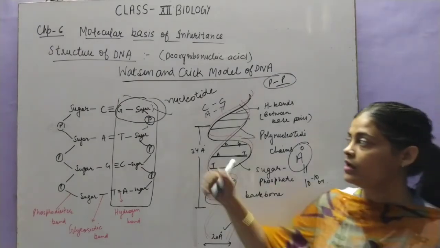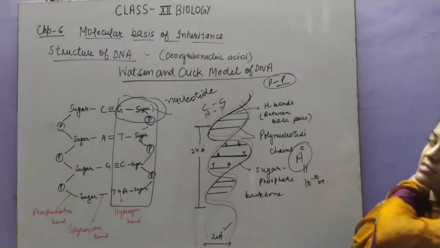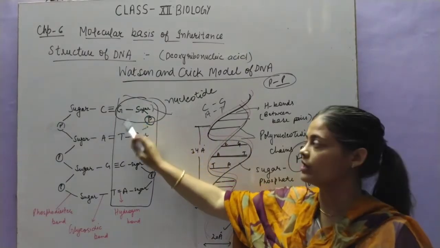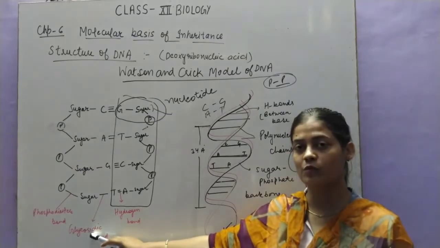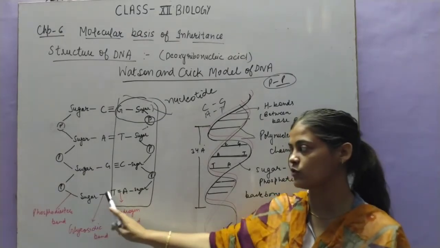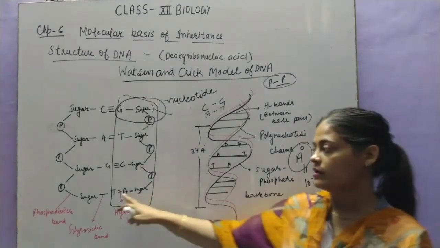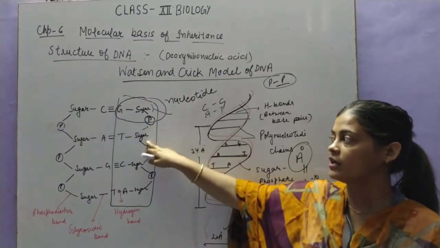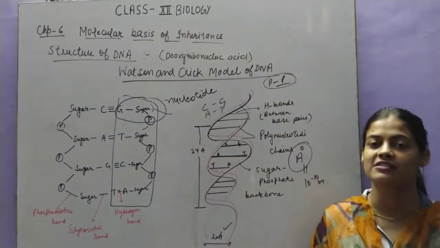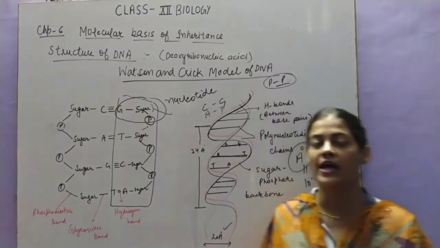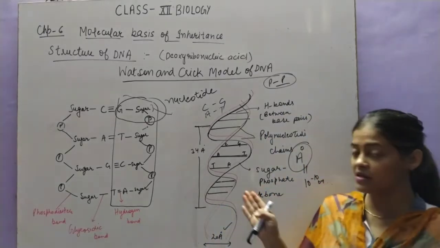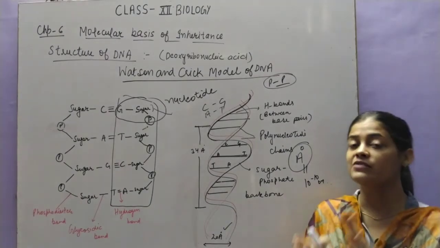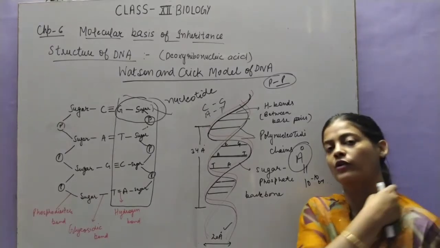Okay. Now this nitrogenous base is attached with the sugar. This nitrogenous base is bonded with the sugar with a bond which is called glycosidic bond. So the bond between nitrogenous base and the sugar is called glycosidic bond. And the third bond which will connect one nucleotide with the other nucleotide is called phosphodiester bond. This bond is called phosphodiester bond. Okay, so these 3 bonds will help to join one nucleotide with the other nucleotide as well as with the nucleotide of the adjacent polynucleotide chain.